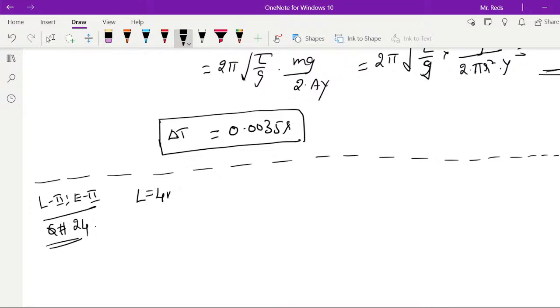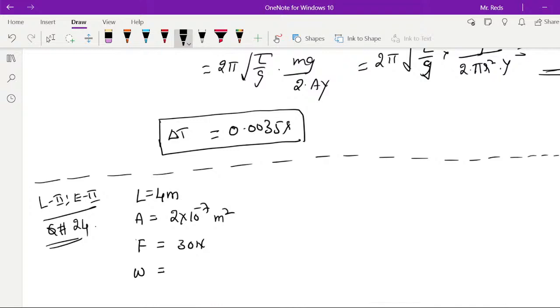Length of the wire is 4 meter and 2 into 10 power minus 7 square meter in cross section. That is, cross sectional area is 2 into 10 power minus 7 meter square. It is stretched by a force of how much? 30 Newton. If the work done in stretching that wire is 4.5 into 10 power minus 2 joule,